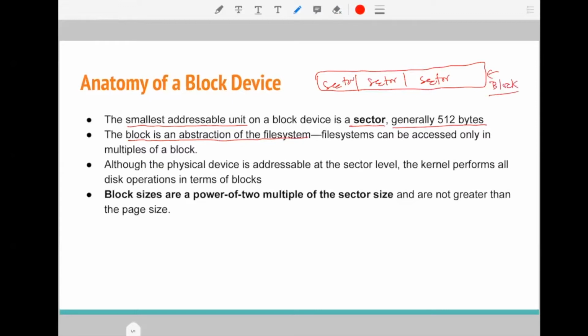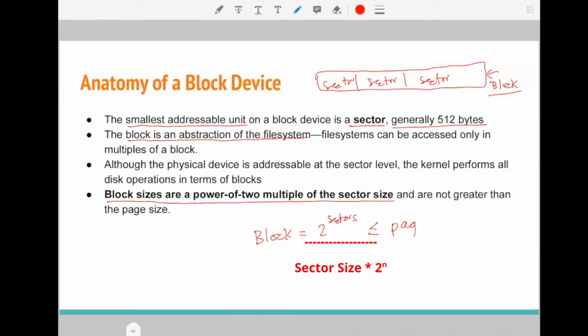So this is the block. Block sizes are a power of 2 multiple of the sector size, and a block should be no larger than the page size, because we are not accessing data more than the page size.